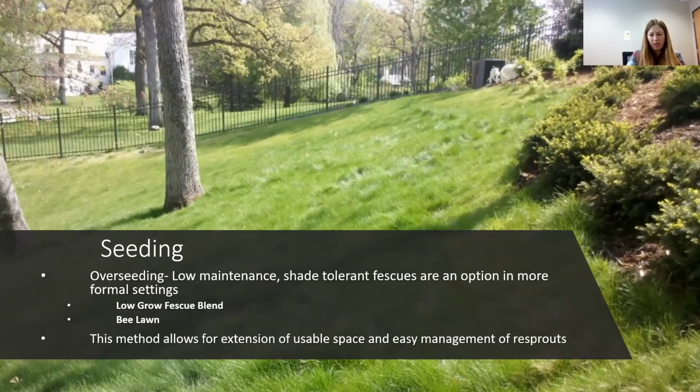But here in Minnesota, we have so many native species that this isn't necessarily the only or best option. But if you want to go with something that's short and easy to manage resprouts, then this is a decent option for that. And you can use a bee lawn that has some of those forbs in it as well, or just the low growth fescue blend, which is actually pretty shade tolerant.